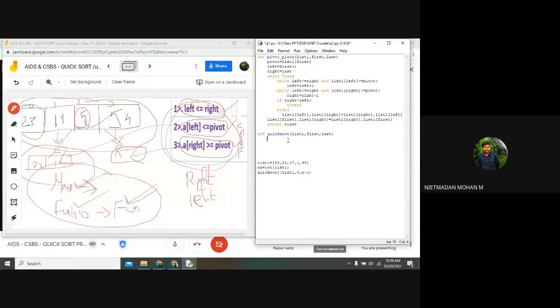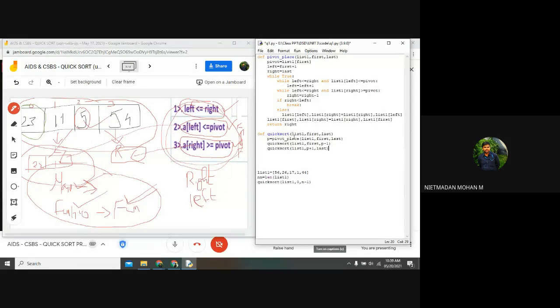And now I am going to assign a variable called p. p is equal to pivot_place(list1, first, last), and after that I go with quicksort(list1, first, p minus 1), and again quicksort(list1, p plus 1, last).